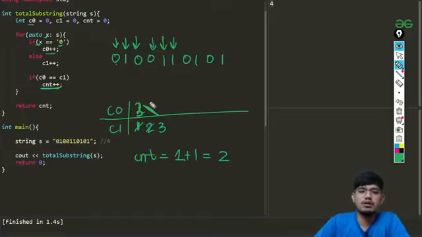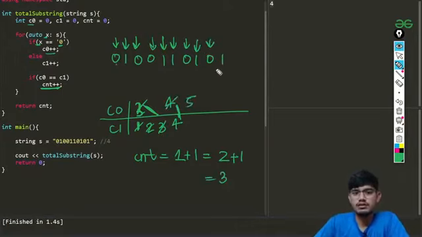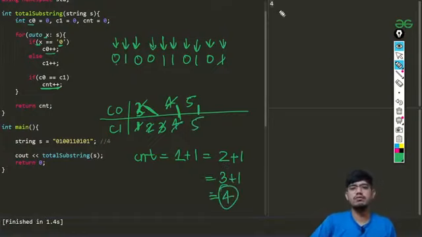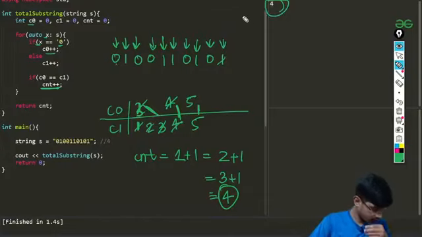2. Now we'll go ahead again, so it will go from 3 to 4, then this also will become 4. So these both are equal, and I'll increment by 1, which becomes 3. And again I will be at 0, so I'll add this 5, and this last one also becomes 5. They both are equal, which means I will add 1 and it will become 4. So the total output will be 4 in this case.